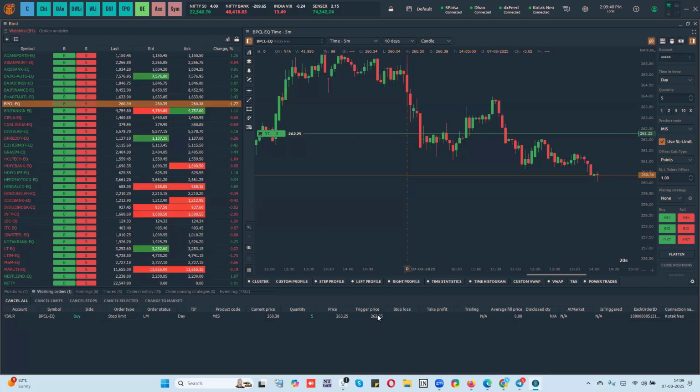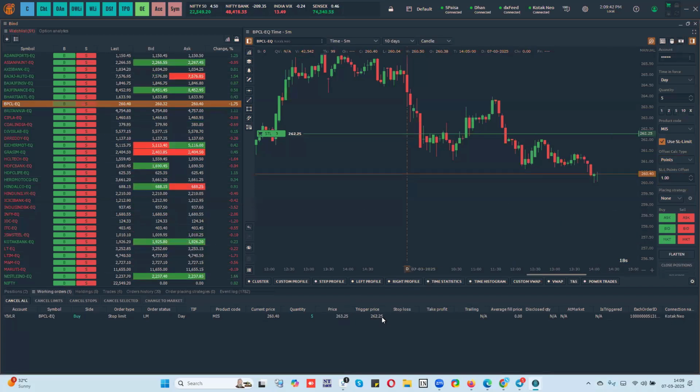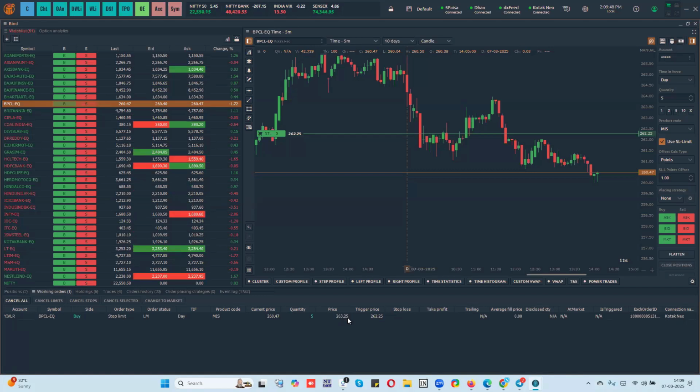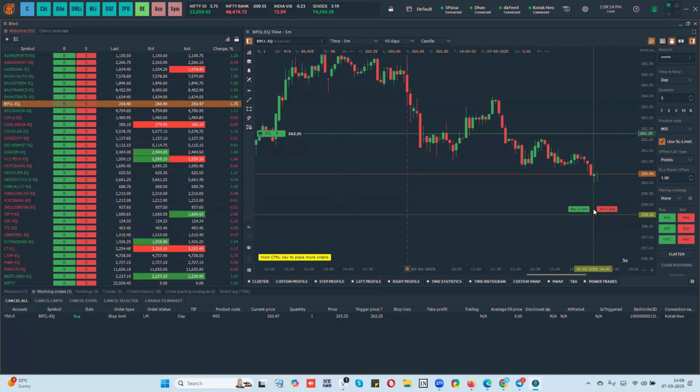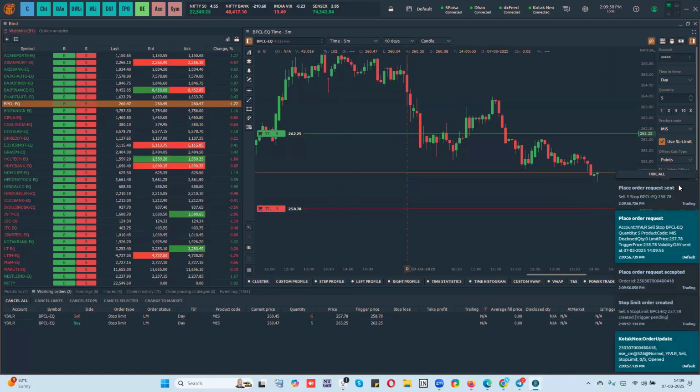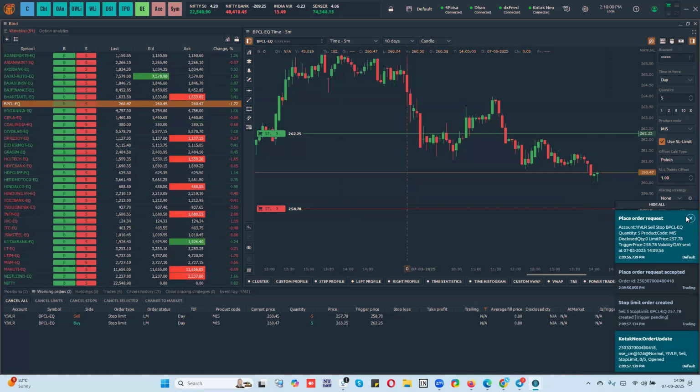You can see that 262.25 is my trigger price and my limit price is up to 263.25. So with one click, I can place a stop limit order as well. Same way, if I want to place a stop sell limit, if I click here, again, it will take the same points that I've enabled here.